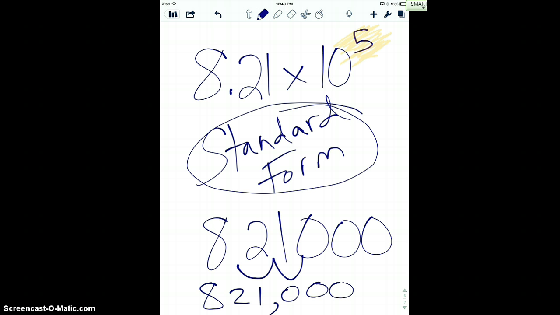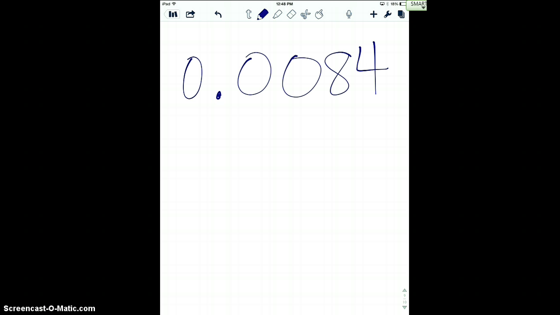All right, let's try one that is a little different. So let's say we have a number like 0.0084. Super duper small. I mean, that could be rounded to maybe 1 penny because right here that 8 would kick up that 0 to 1. So this is barely even a penny. Okay? If we're writing it in scientific notation, boom, boom, times 10 to the boom,